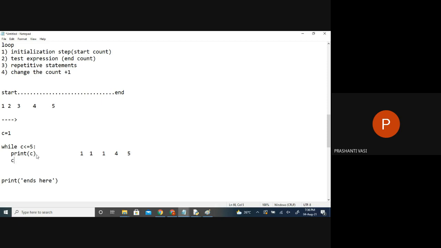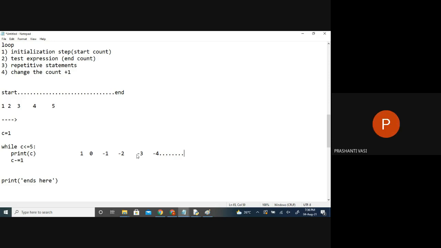For reaching the terminating point, some increment is required. If you don't do an increment, it will never stop the loop. Instead, if you say decrement, what will happen? Now it was 1. 1 is less than or equal to 5. Then what is the new value? 0. Is 0 less than or equal to 5? That is printed. Minus 1 is less than or equal to 5. Minus 2 is less than or equal to 5. I think it will go into an infinite loop.